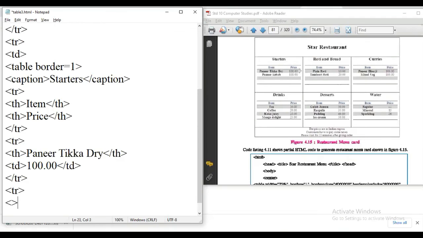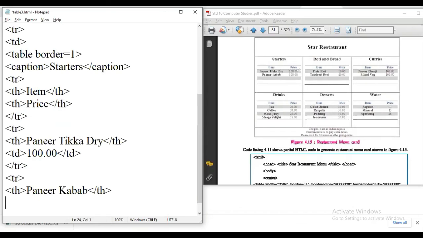Then now again new TR for second dish, and this dish name is in bold and centered. So TH paneer kebab, and TH we are going to close here. And second one price 100.